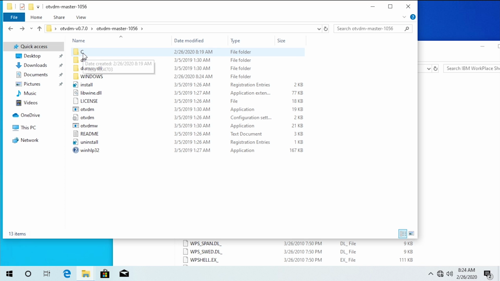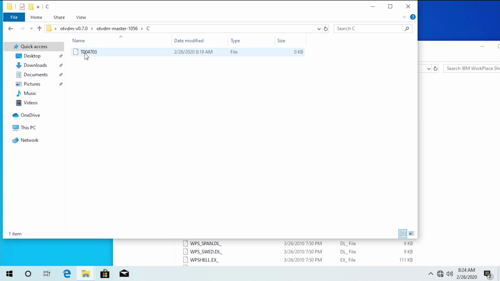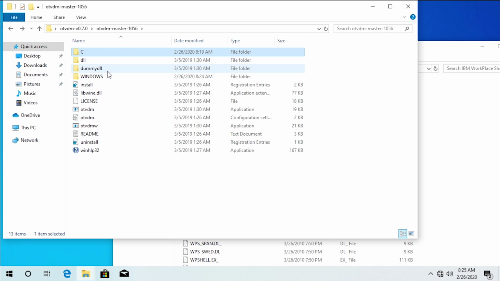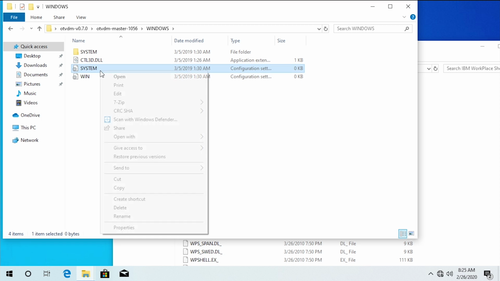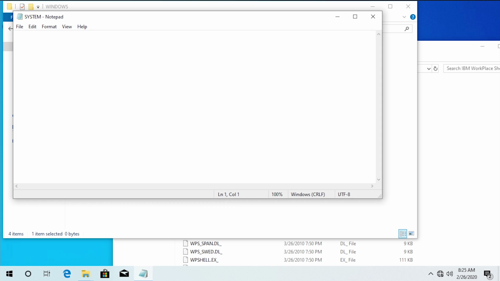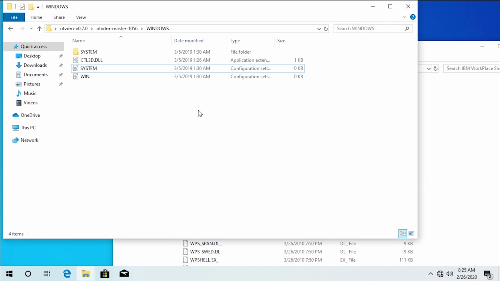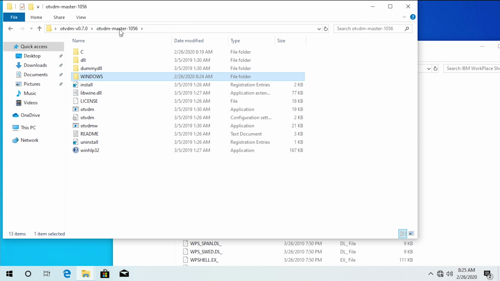So like this right here is the C drive. So this is that file that it was trying to move before. If we go into Windows, you've got things like win.ini, system.ini, things that the installer is going to try to change. But obviously, things that Windows 10 does not really rely on, because Windows 10 is an NT-based system. It's going to rely on the Windows registry to kind of figure out what to use as the default